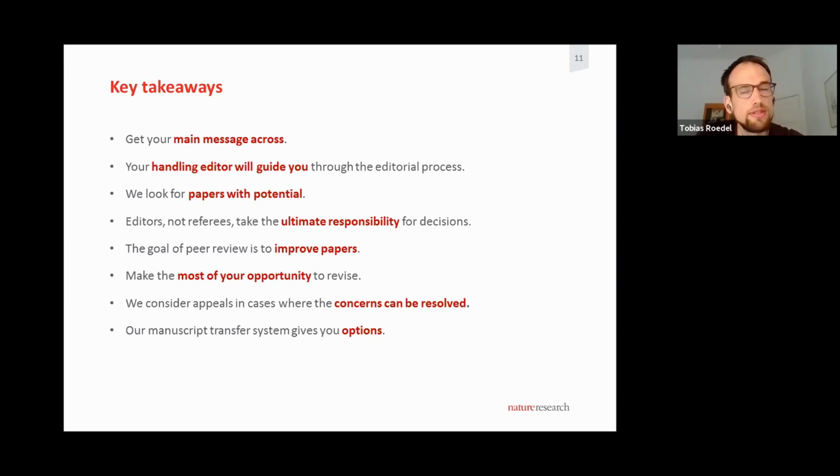And actually, since the start of the pandemic, we received an unusually high number of appeals. So apparently, working from home motivated researchers to make the case that we should reconsider our decisions. So we received a lot of appeals. I think the number is probably as high as, let's say, 20 to 30% of our decisions were appealed. So a lot of them. And as I showed you, there are many different Nature journals, so we can guide you to other journals which we might think are better suited for your results.